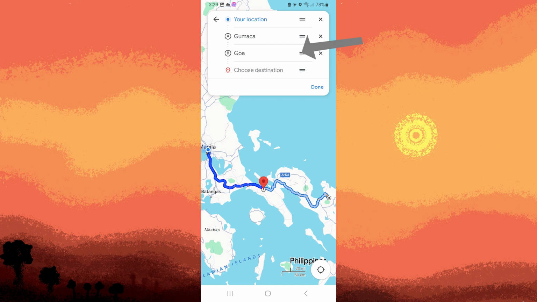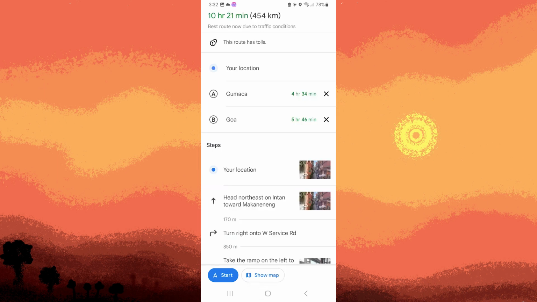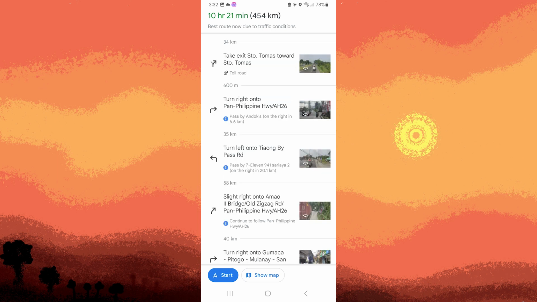tap done or the directions button to get the directions for your multi-stop route. Step 8. Now, by going on steps, follow the turn-by-turn directions provided by Google Maps to navigate through your custom route with multiple stops,